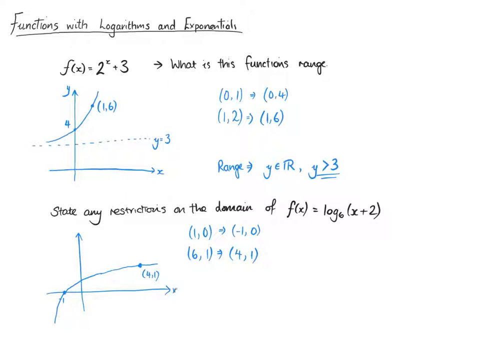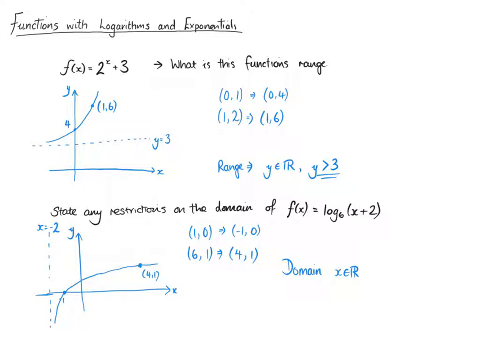Make that point a bit bigger, right? And again, we have an asymptote here. For this one, we moved our x values back 2, and our asymptote was the y-axis, and it's now been moved back 2 to x equals minus 2. So we can say for this one, the domain,